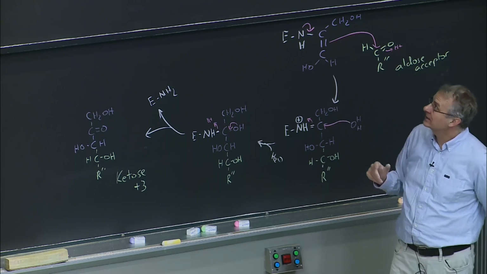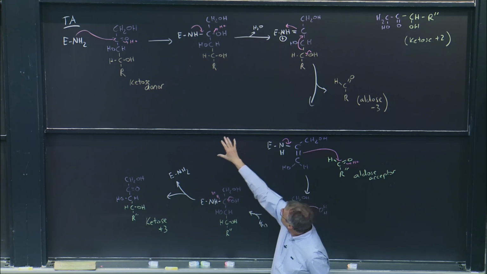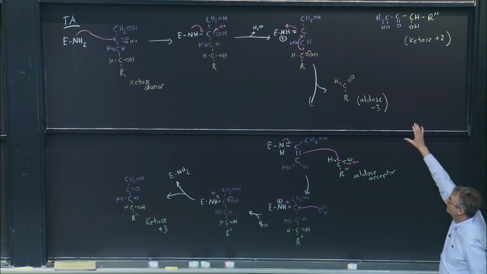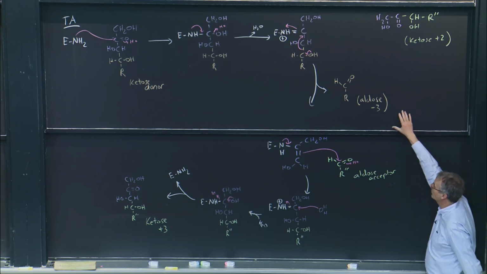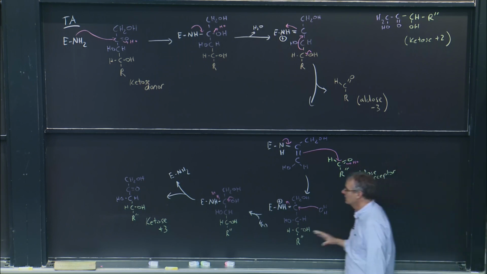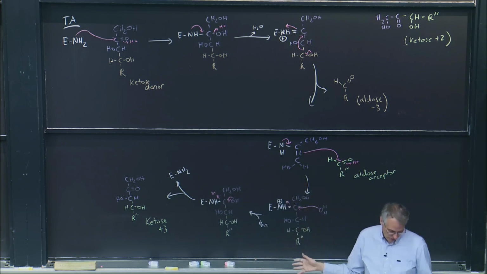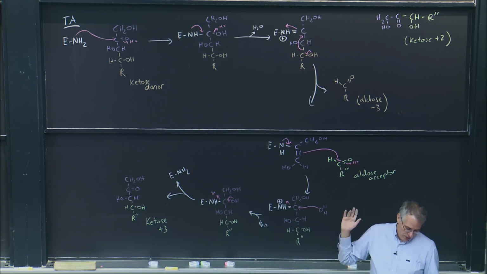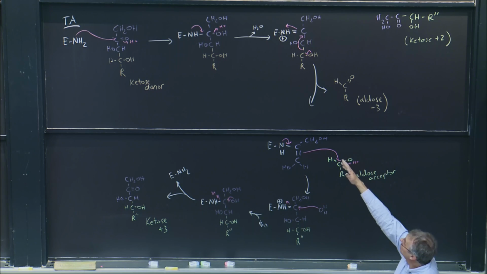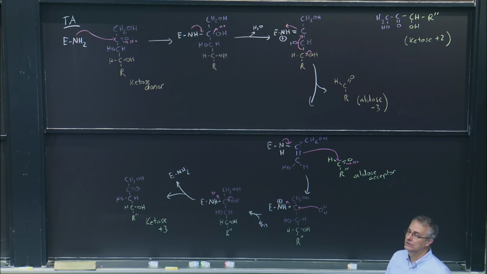And so the net effect of the transaldolase reaction is that we take 3 carbons from a ketose donor. We end up releasing an aldose that's 3 carbons shorter, take those 3 carbons, transfer them to an aldose acceptor, and now generate a ketose that is 3 carbons longer. And so this ultimately moves 2 carbon units in the case of transketolase, 3 carbon units in the case of